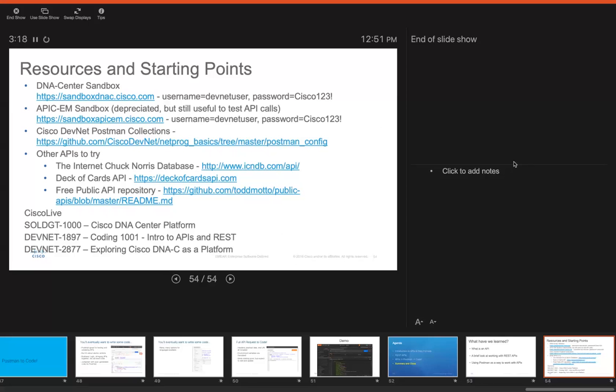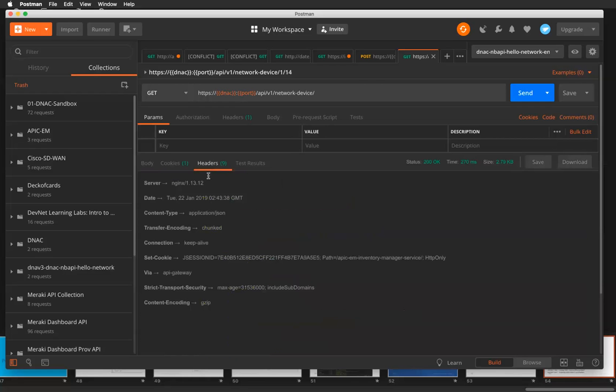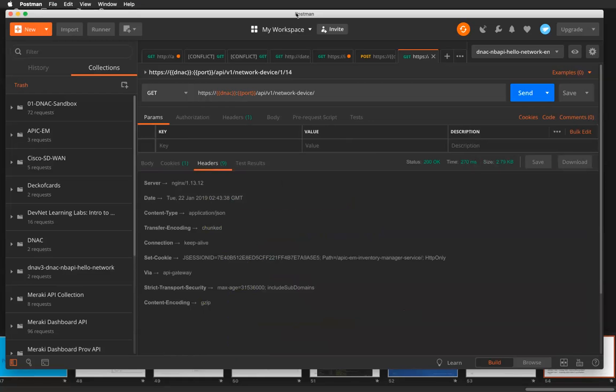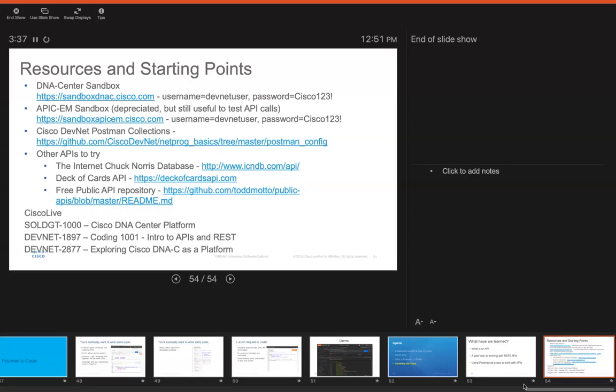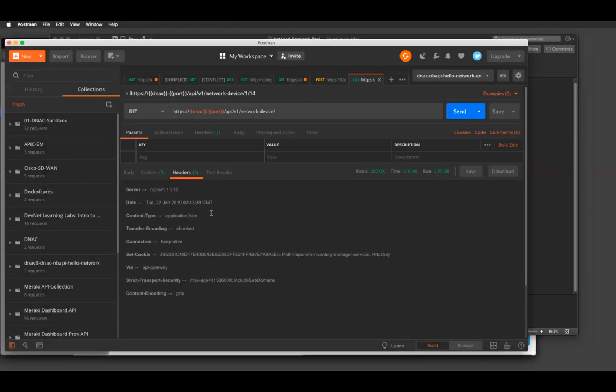So as far as those pieces, let me go back over here and see if we can look at some of the calls we've made. In the headers, I don't know if you can see that. Can you see my Postman screen right now? Yes. Okay, great. So within the headers, as we're making these requests and getting responses back, you see there's always a date timestamp field. So as far as looking at ways to check integrity, you can see when that request went out, and you can also see when the response was.